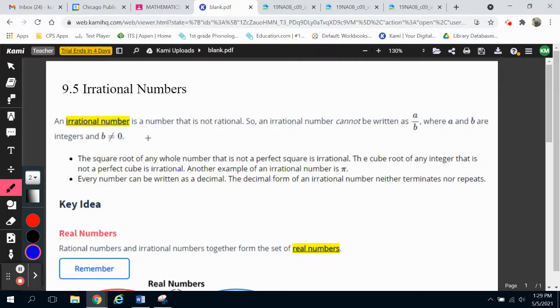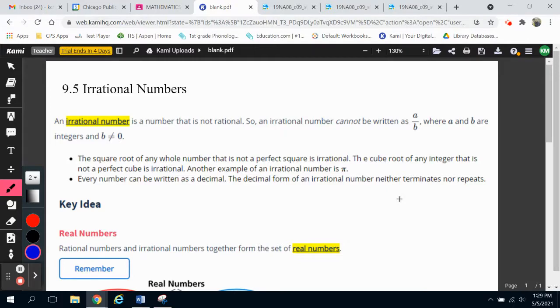cannot equal 0. Some other irrational numbers: a square root of a whole number that is not a perfect square is irrational. A cube root that is not a perfect cube is also an irrational number. Another example of an irrational number is pi. And then remember from the last lesson, irrational numbers are also decimals that do not terminate or end, and they